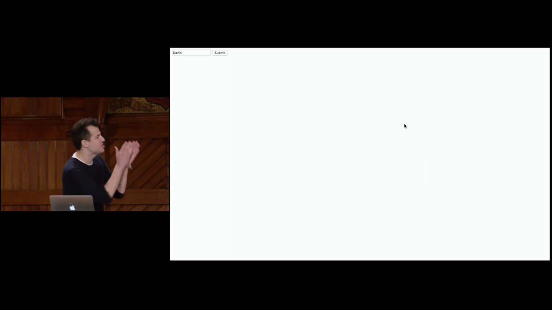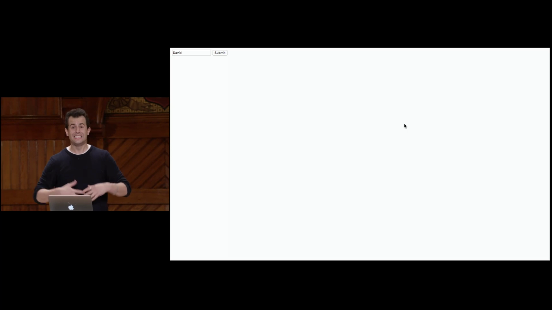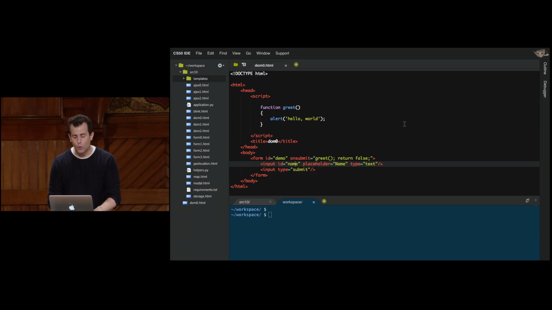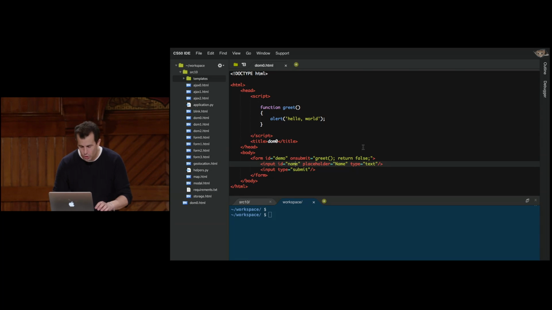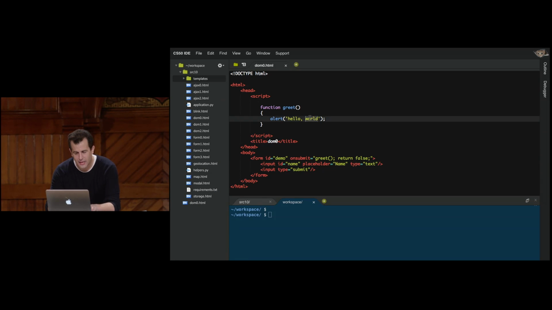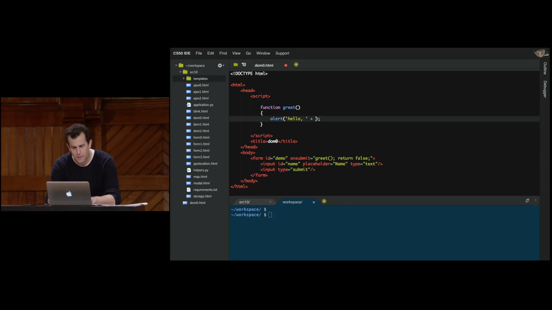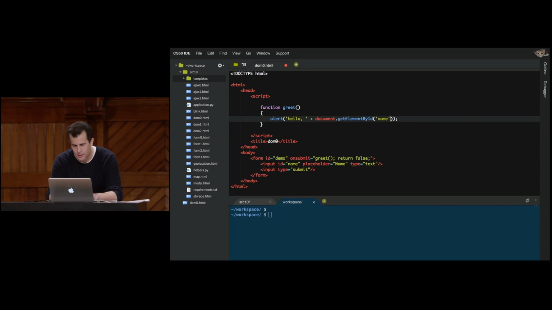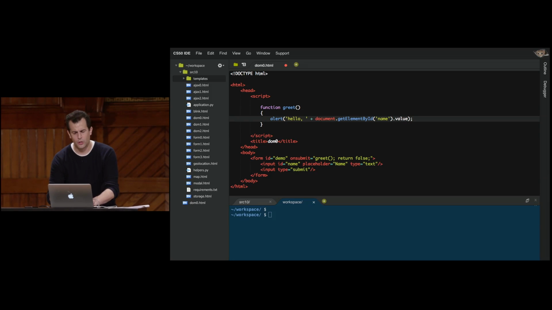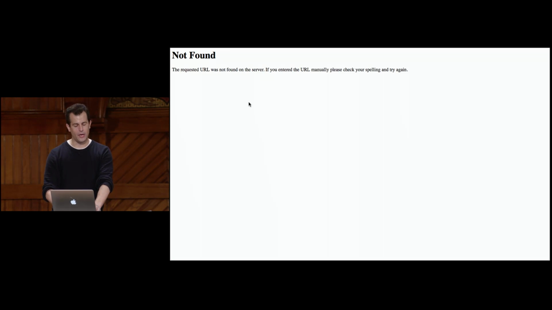But this isn't all that interesting to just hard code hello world, especially when I have the opportunity to take in a user's name. So if I instead go back into my code here and don't just print out hello world, but perhaps concatenate with JavaScript's plus operator the result of this method call, document.getElementById, quote unquote, name, then .value. So that's a mouthful. Let's see what this does before we explain what it does. Let me go ahead and